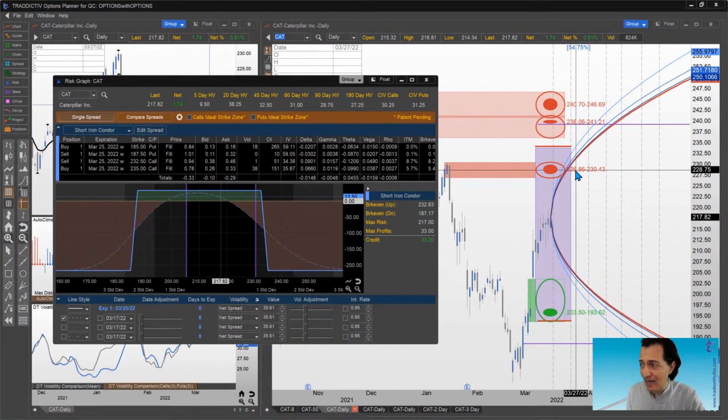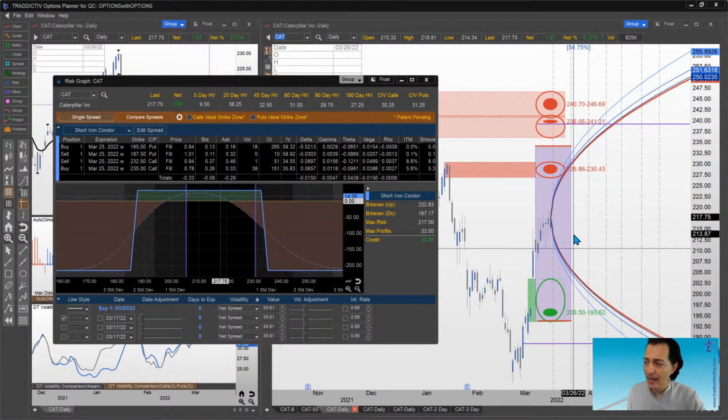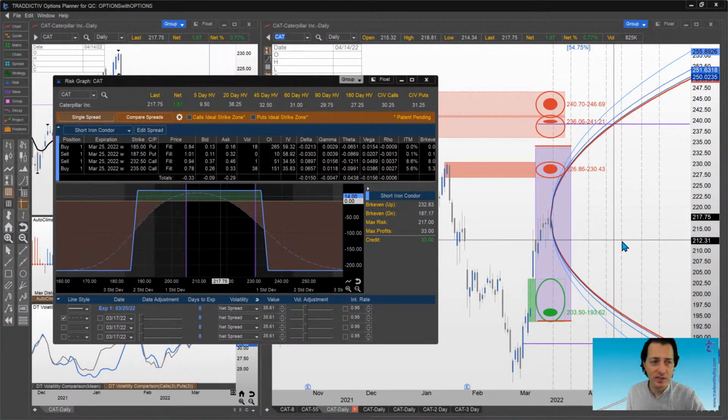So right now we don't have that. Right now, based on probabilities, the highest you will go is around 232, and the lowest you will go is around 203, which is very healthily inside the purple area, even though we still have 1 week and 1 day to go, and anything could happen. Okay, so we need to be ready to act